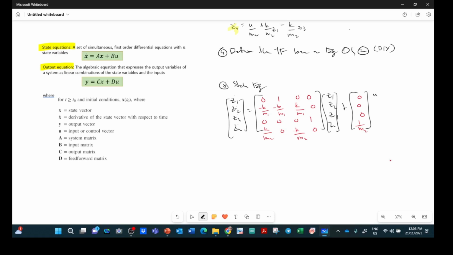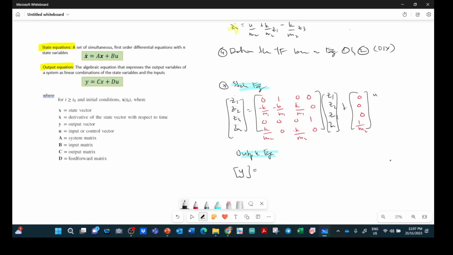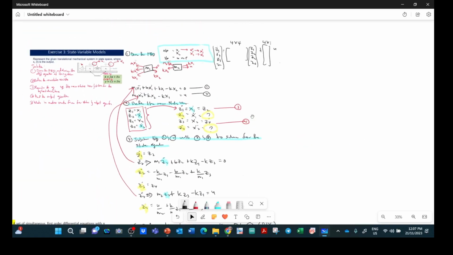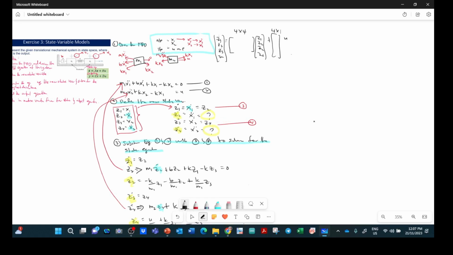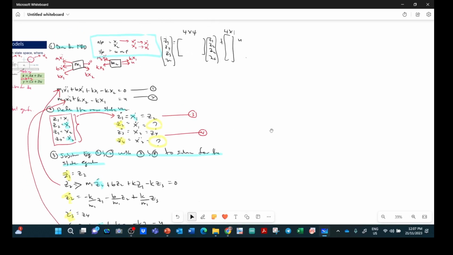Okay, this is only the state equation, we haven't completed yet. We have another one, which is the output equation in state space form. So the output equation Y, what is your output? Earlier, where was your output? Output x1 and x2, right? Did we define it just now? We didn't finish defining the output. So output